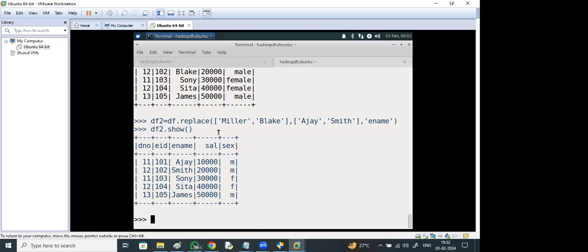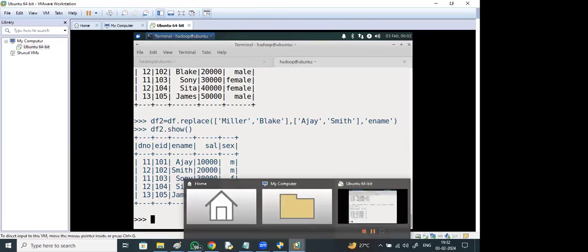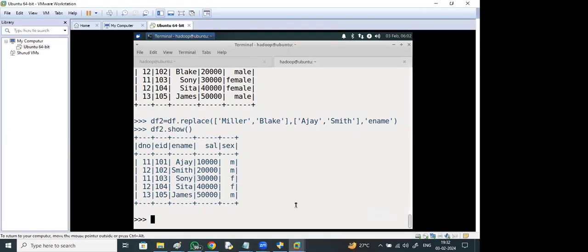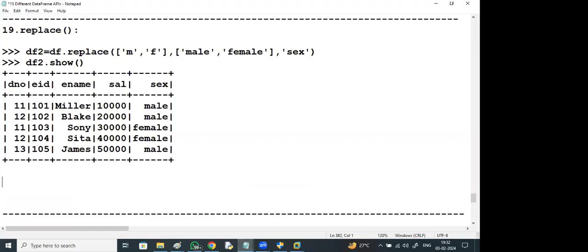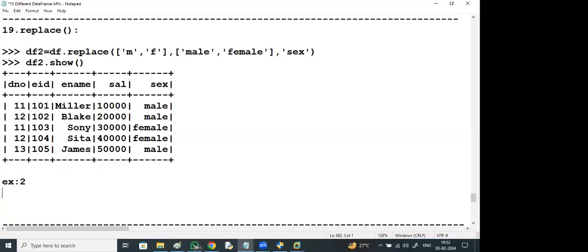Instead of df2, give df only. Even if I give df, will it impact the original database where the data is stored? One second. I think, yes, it will reflect.